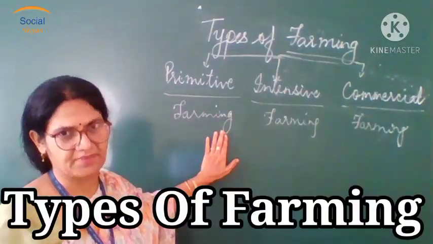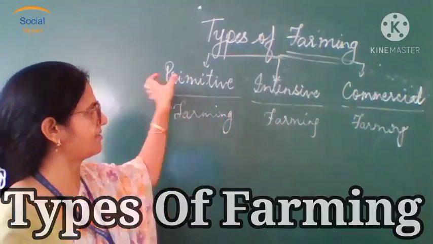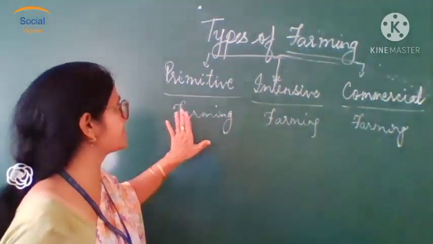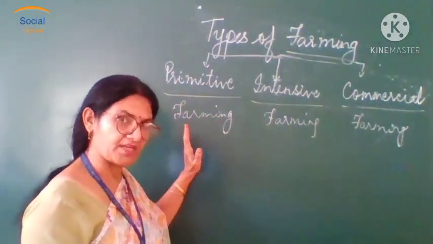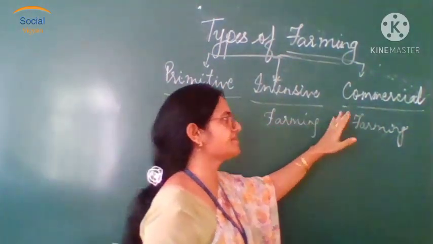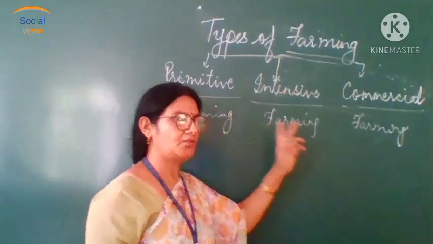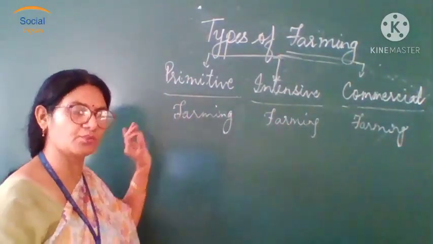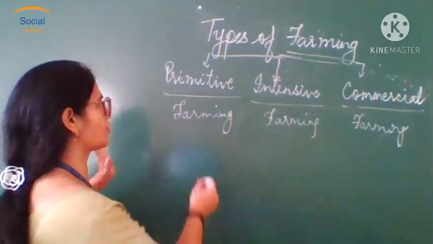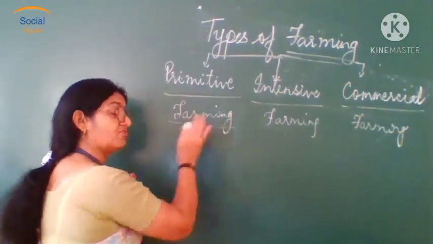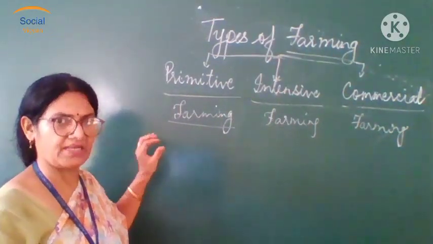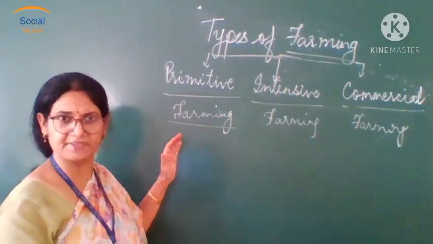Types of farming. Children, we people have three major types of farming. One is primitive farming, next is intensive farming, and third is commercial farming. Now, what is this primitive? As the word itself explains, it is quite old. Primitive, it is quite old. So the old ways, old methods to work on the fields for agriculture purpose, for crops purpose, that is termed